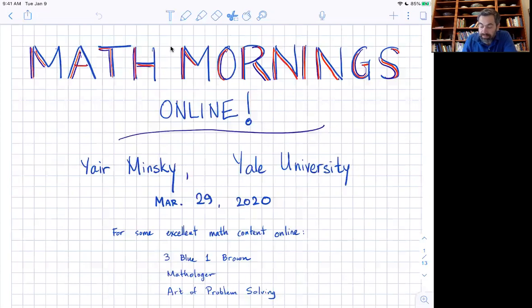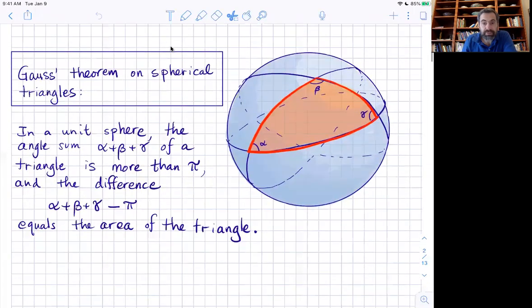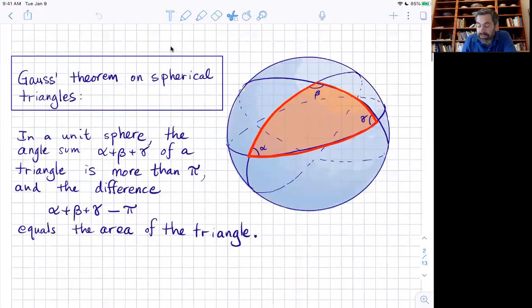Okay, so let us begin. The theorem I want to tell you about is called Gauss's theorem on spherical triangles. I'm just going to state it now, and then I'll explain all the terms as we go. Here you see the sphere and a triangle on the sphere. The triangle has 3 angles. I call them alpha, beta, and gamma. Those are just these Greek letters. And the theorem says that in a unit sphere,